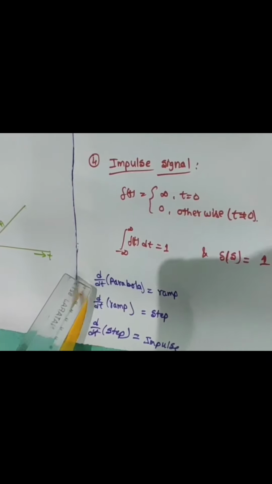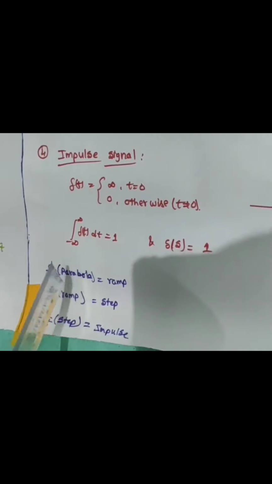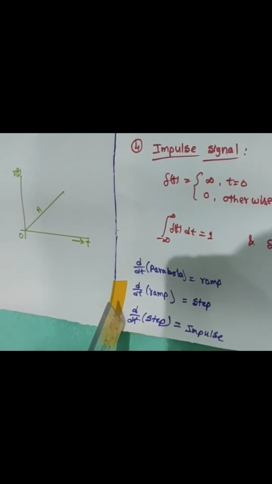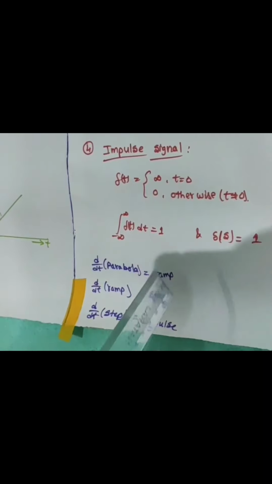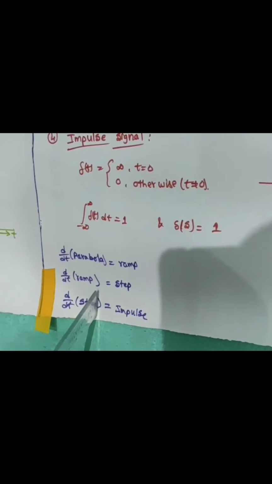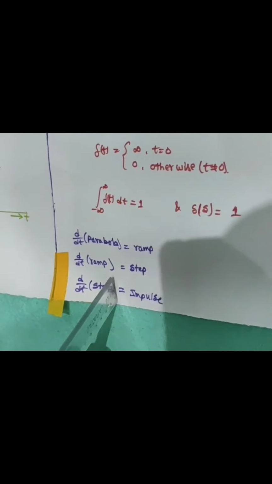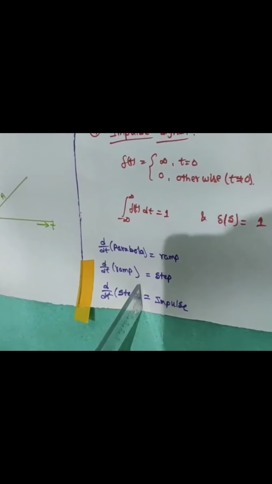Here the differentiation of the parabolic signal gives the ramp signal, and the differentiation of the ramp signal gives the step signal. Differentiation of the step signal gives the impulse signal. In reverse order, integration of the impulse signal gives the step signal, integration of the step signal gives the ramp signal, and integration of the ramp signal gives